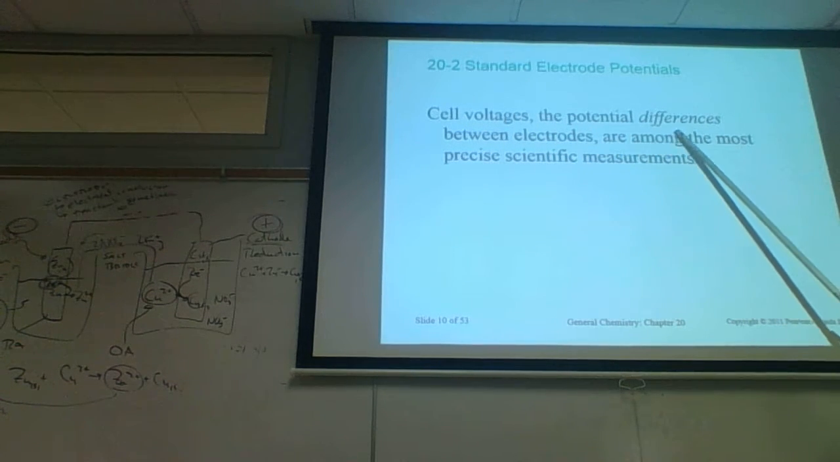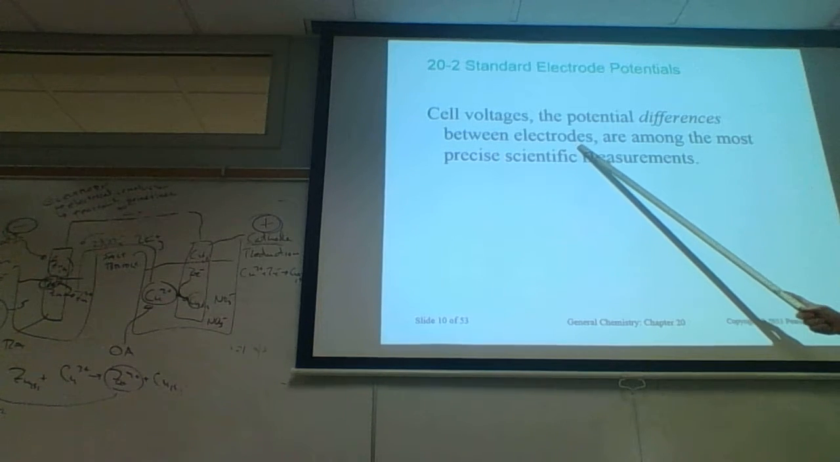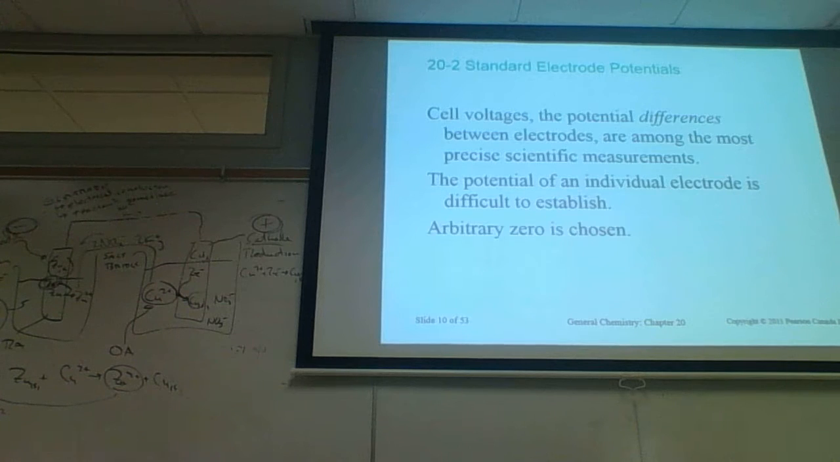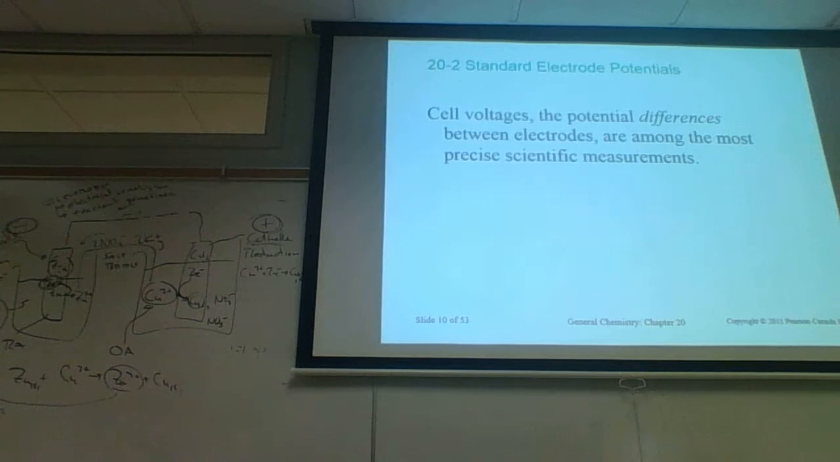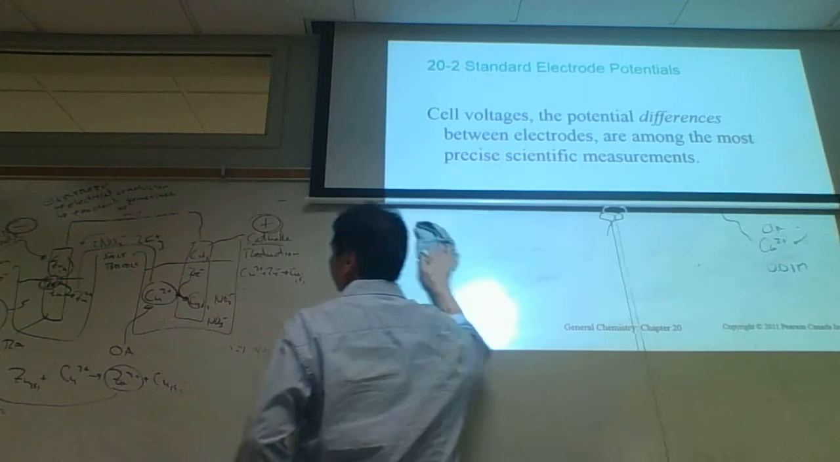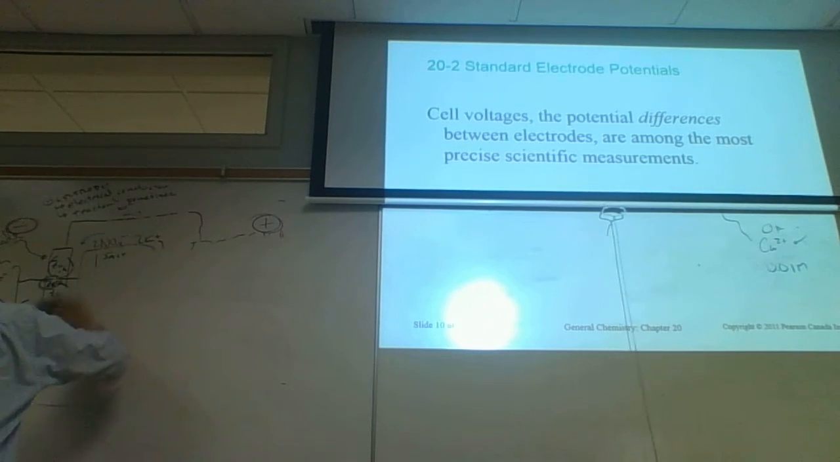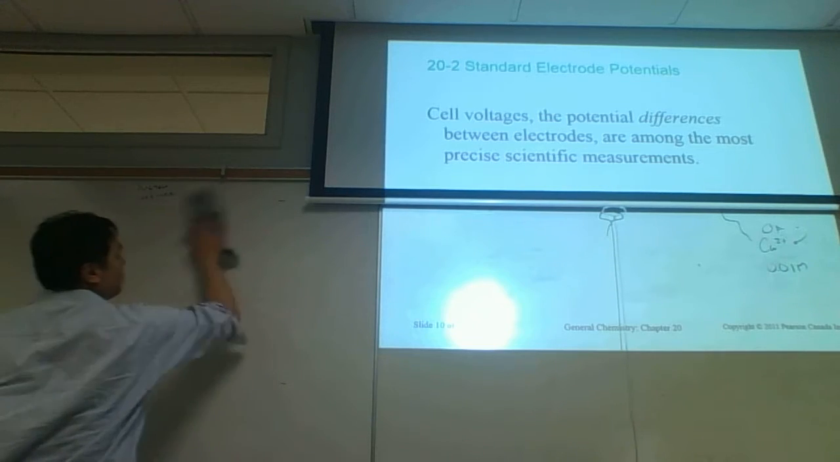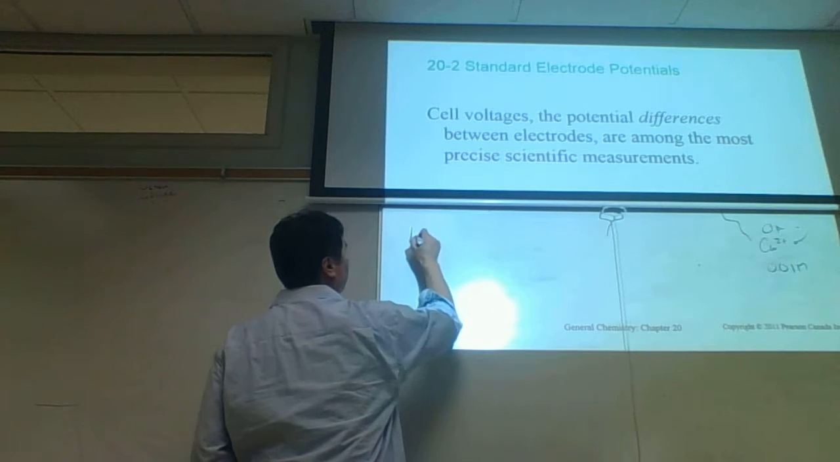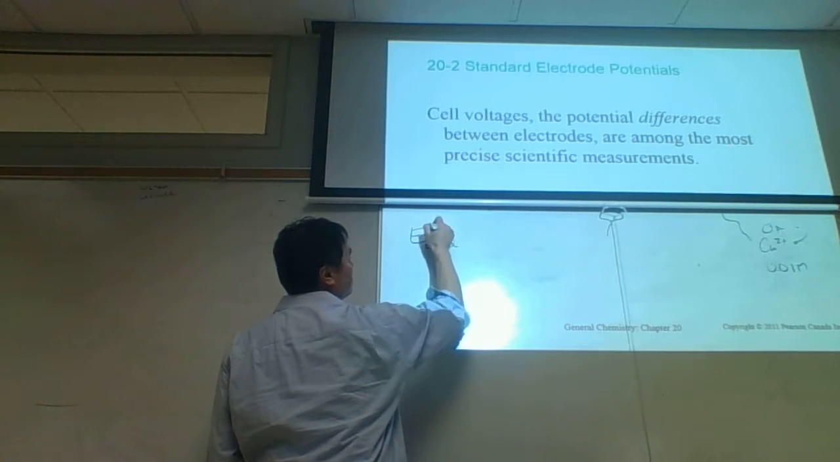All right, cell voltage is the potential difference between electrodes, among the most precise scientific measurements. The way I'd like to calculate the cell voltage is a little different than what Petrucci does. Let me show you what I mean here. And so if I'm trying to figure out what is the voltage of the electrochemical cell, let's say under standard